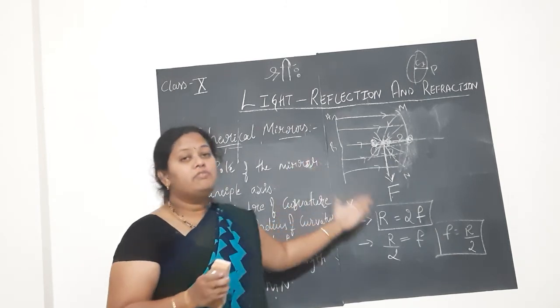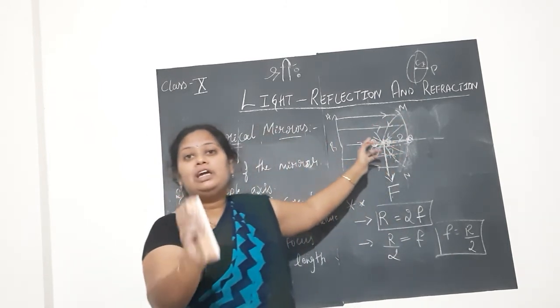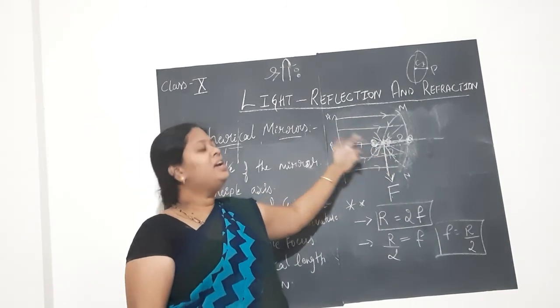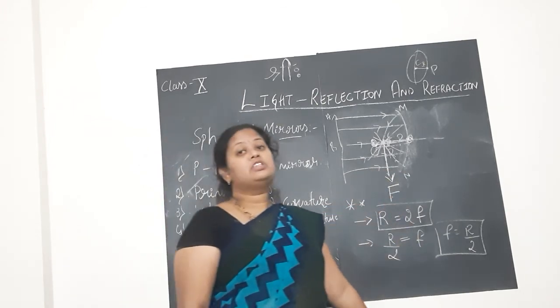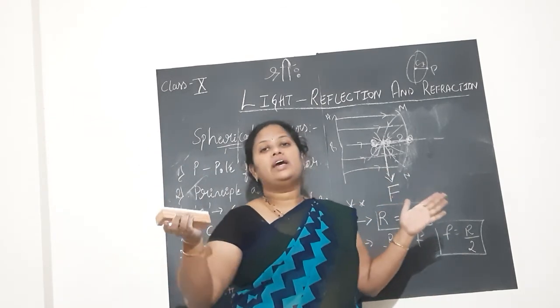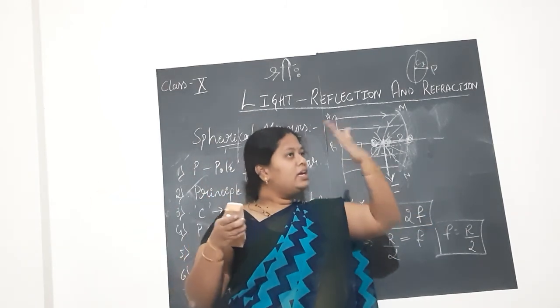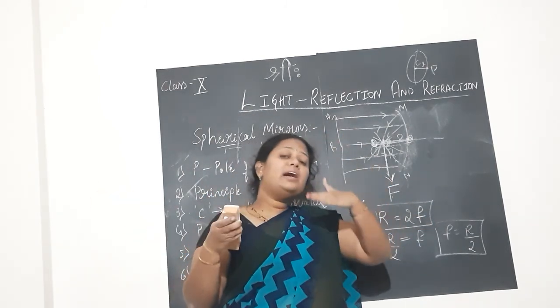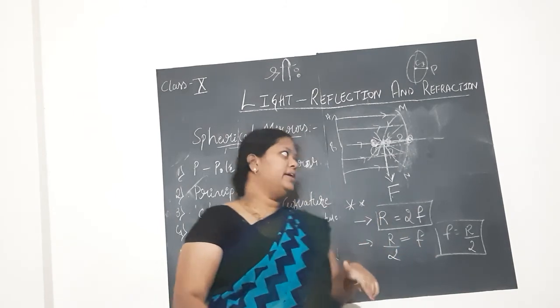Concave mirror is called converging mirror because the rays of light after reflection will converge or meet or coincide at one point. Whereas we observed in the diagram previously, in case of convex mirror, it is diverging mirror because the light after reflection will diverge. It will not meet. But when we trace the path of those reflected rays, they coincide or meet at one point.